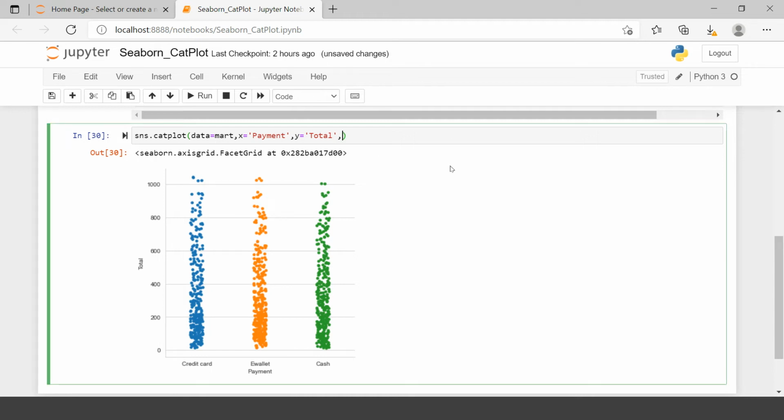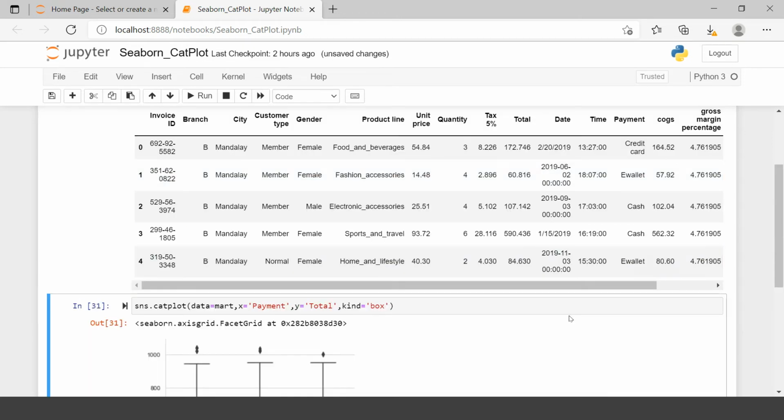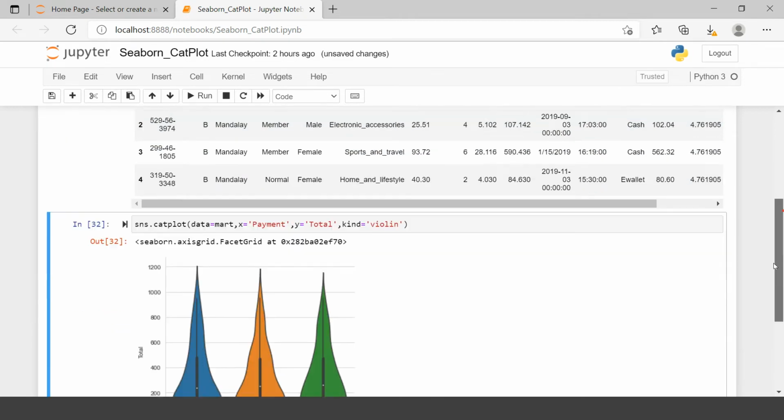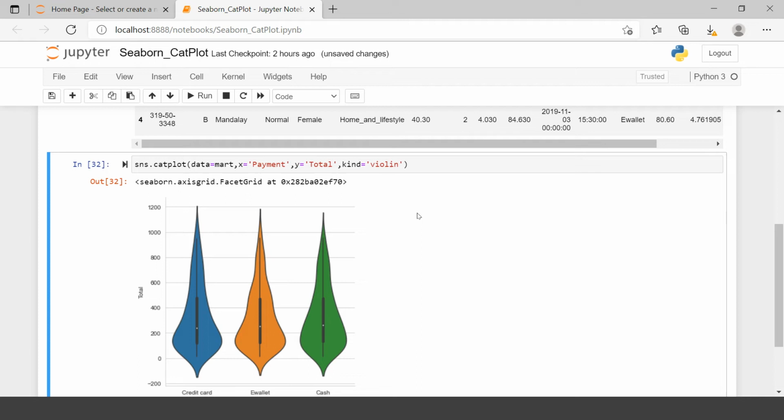Now you can change it. Let's try to change it to a box plot. Here you can change it to a box plot. Let's try to change it to a violin plot. Like you can see, it has been changed to a violin plot. Not only this, alongside this argument, you can use all those arguments which we learned while learning the violin plot, like cutting the extreme values, increasing the width, removing inner quartiles, etc. And that is applicable for all the categorical plots which we can use with the kind argument.